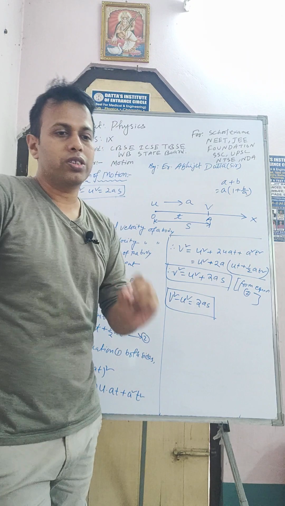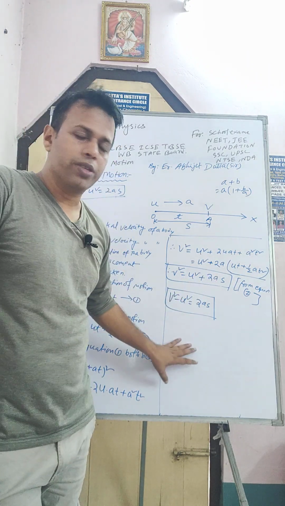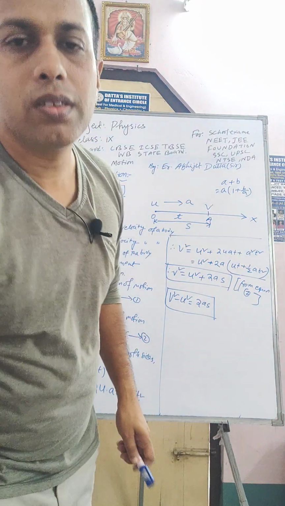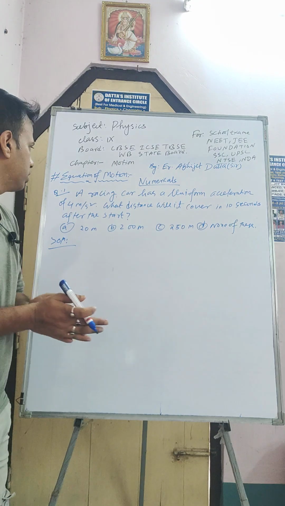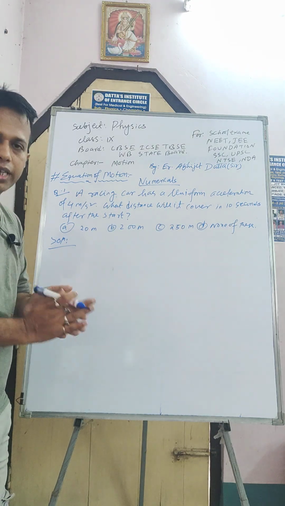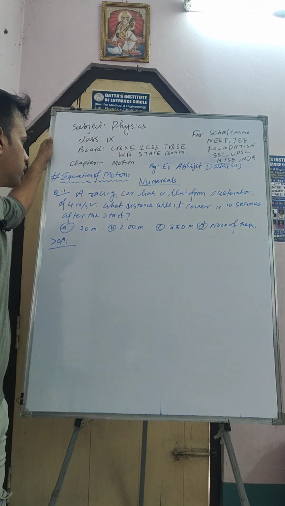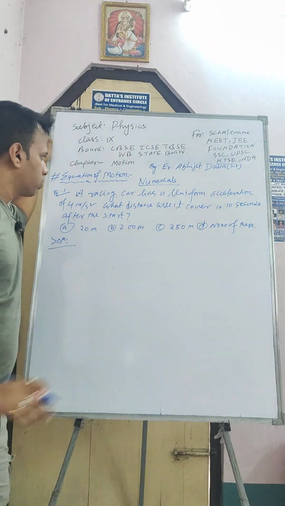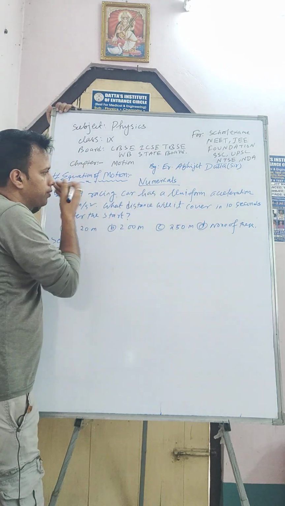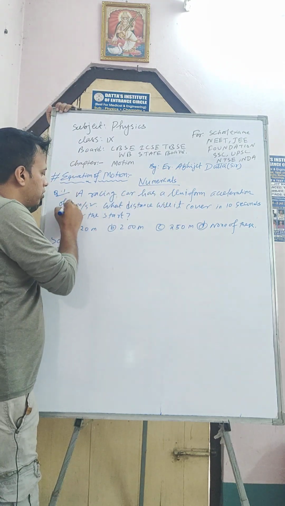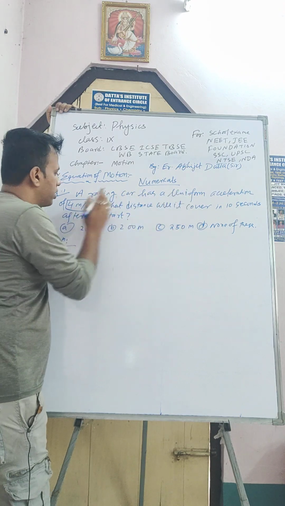Now I will do a few simple numericals from that topic. So students, our first question is a numerical MCQ. A racing car has a uniform acceleration of 4 meter per second square. When you are reading these questions, you mark like that. A racing car has a uniform acceleration, this one is a.